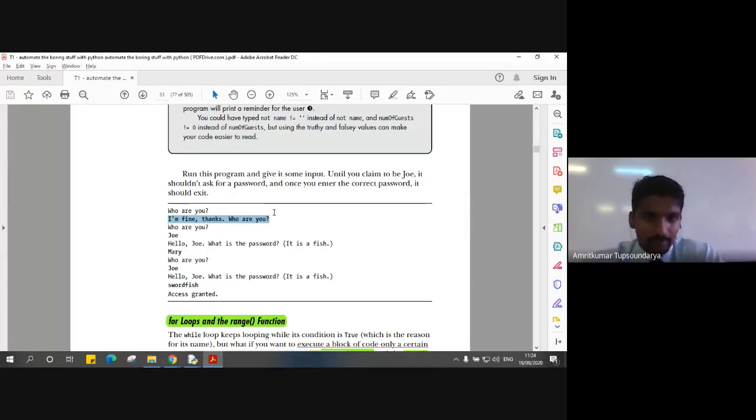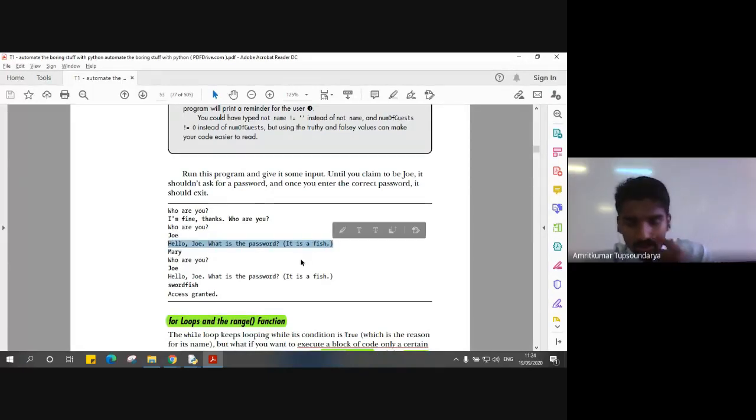So it goes back to the loop and prints "Who are you?" again. The user says Joe, which is exactly what was expected. Then the program executes the print statement to output "Hello Joe, what is the password?" The password is swordfish, and Joe enters something different. He enters Mary.